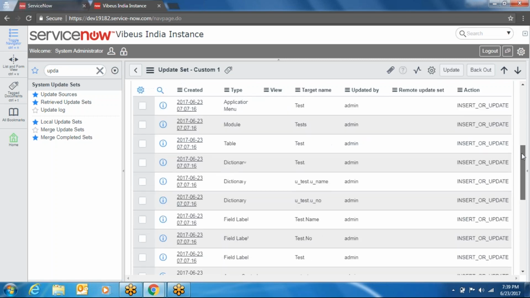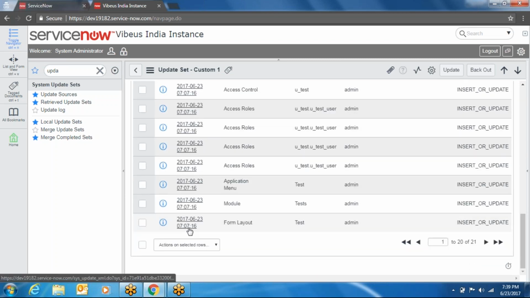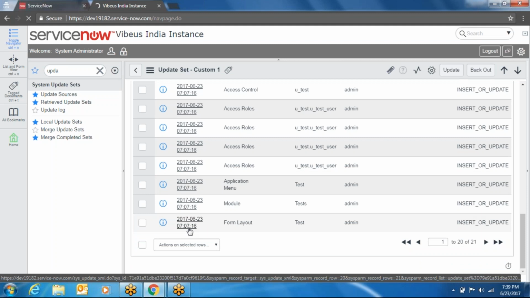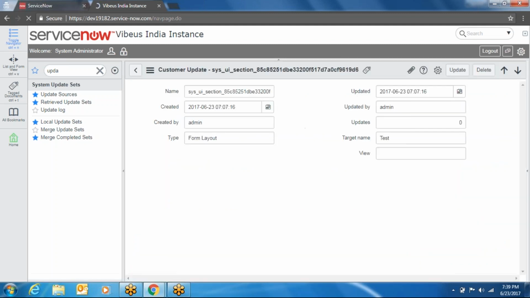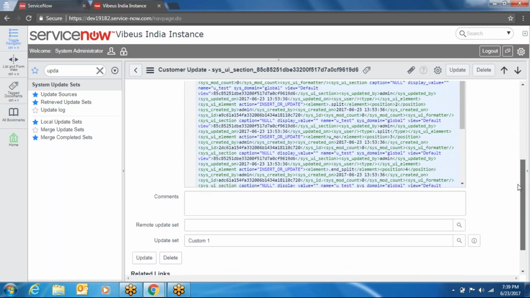So if it is already updated, that's why it was complaining. This is our update set. I think it was showing the update 0, that's why that's the error mistake. So let's do one thing. We are just moving this one to the,